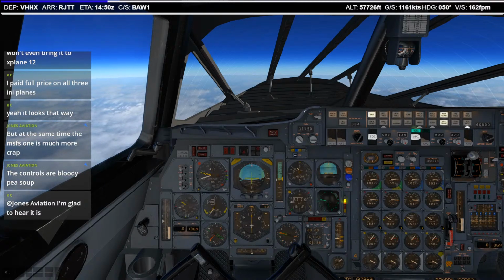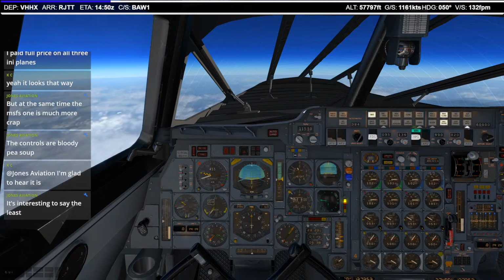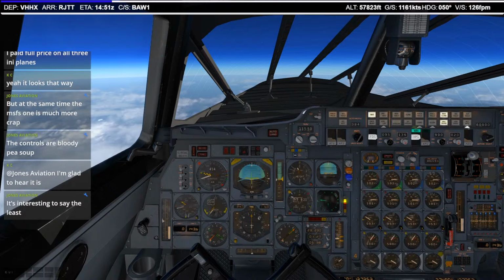I'm just watching a cinematic. It looks like the nose wheel on the A310 doesn't move. That must be a bug, because that does not look very good at all. I've got to check this MSFS A310. It looked in this video I'm watching, I'll bring it up, it looked like the nose wheel didn't move when he was taxiing around. Oh, that would not be...